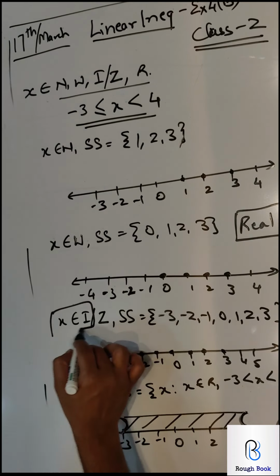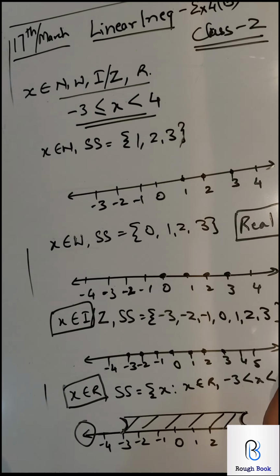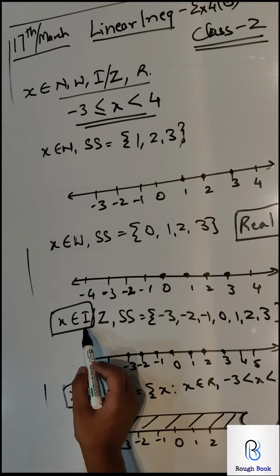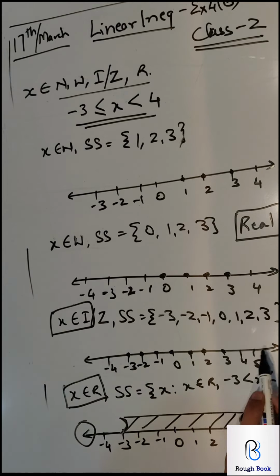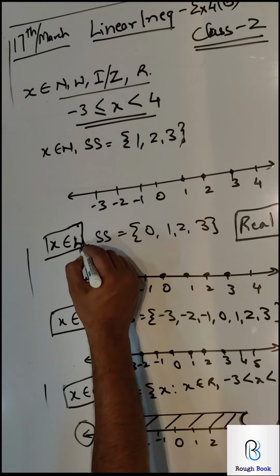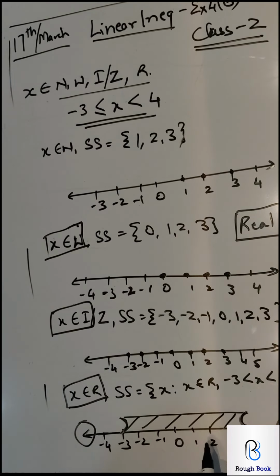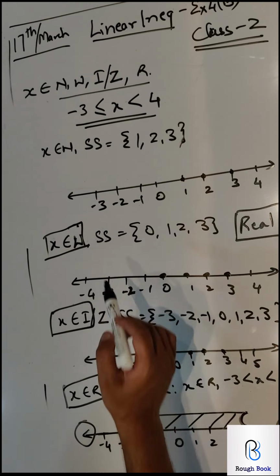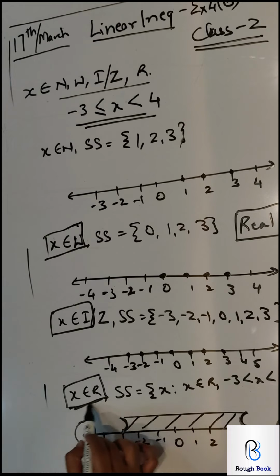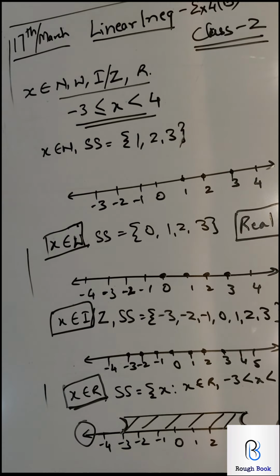So if x belongs to I and if they say draw a real number line, I have seen people doing this for I, but for the number line they do this, which is absolutely wrong. So if it is belonging to I, then the number line also has to be of I. If it is belonging to W and they say real number line, all number lines are real, this only is what you are going to draw for that and not this. So please remember, all number lines are real number lines. It's only the plotting, or whether you are drawing this, that depends on this. Number lines do not depend on this word. Please keep that in mind.